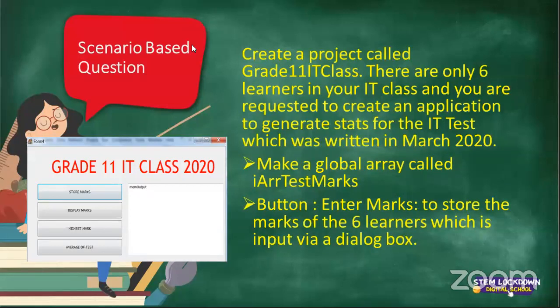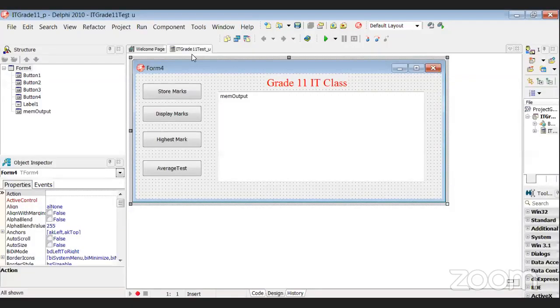Learners, you can see there's an interface in front of you now. You're welcome to create it with me, to take notes, to follow it through, or to just sit and watch. The first thing we're going to do, I'll give you a minute to take in the question. The question said that we're going to do this program for the test that was written in our IT class. There are 6 learners in this class, and we want to be able to store those marks in an